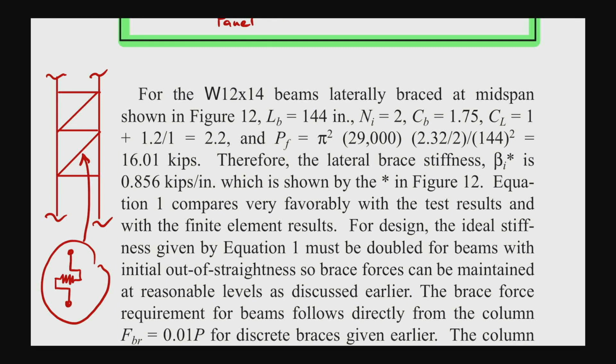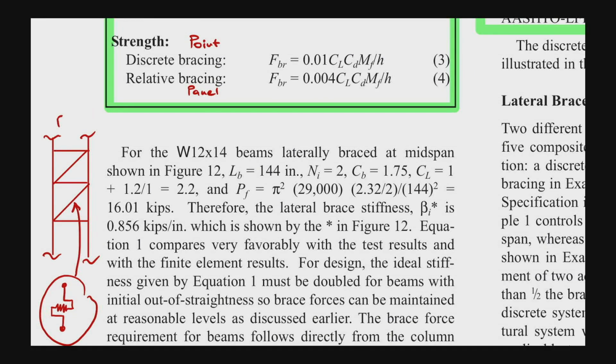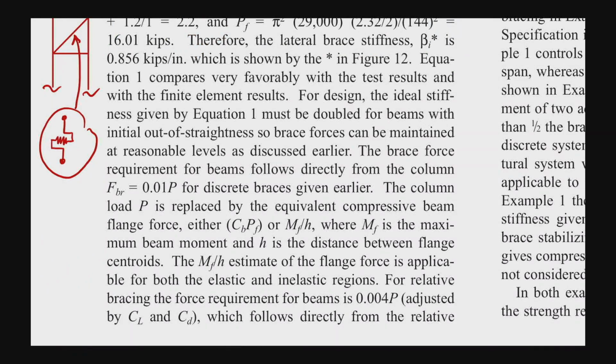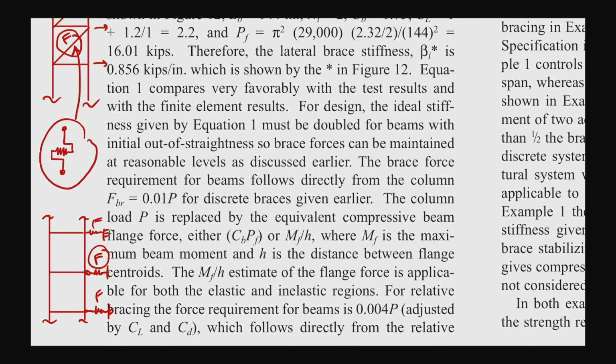So the stiffness of this spring is going to be calculated, even though this is the relative system. If you have the counterpart system, which is the point bracing, you brace it with something like a wall or some stiff support. Okay. Force that develops in here is going to be greater than in here, because these 2 points can be moving together, right? And force in the diagonal brace will not be as high as the force in here that takes the absolute